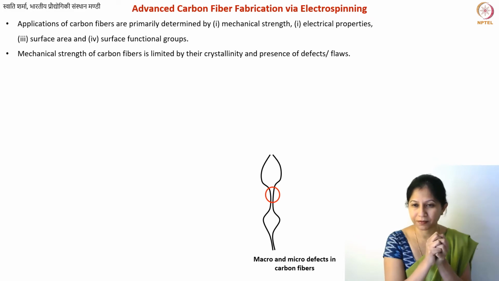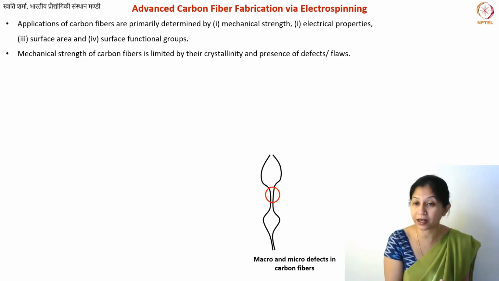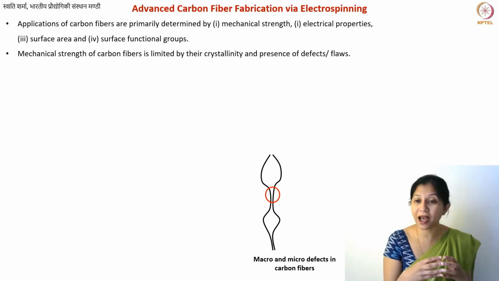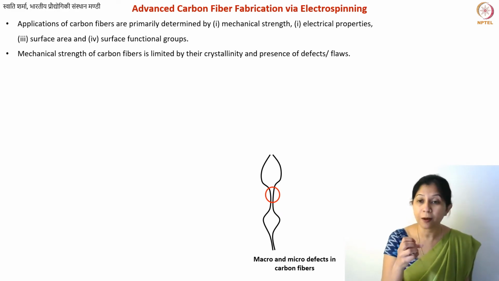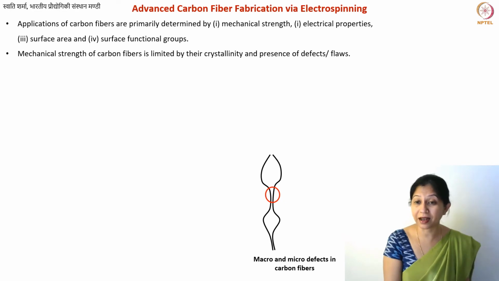For example, when you fabricate polyacrylonitrile carbon fibers, sometimes you will have lumps of polymer. At the end of the day, you have chains of polyacrylonitrile, and you are preparing a solution in DMF. You may not have a perfectly uniform solution, and you may end up having here and there certain lumps or non-uniformities, and that is why you may end up getting these kinds of bulges in your carbon fiber. I have circled this region. You can see that this is where the necking takes place. So this is your weaker region. When you pull the fibers, there is a higher probability that it will break from there.